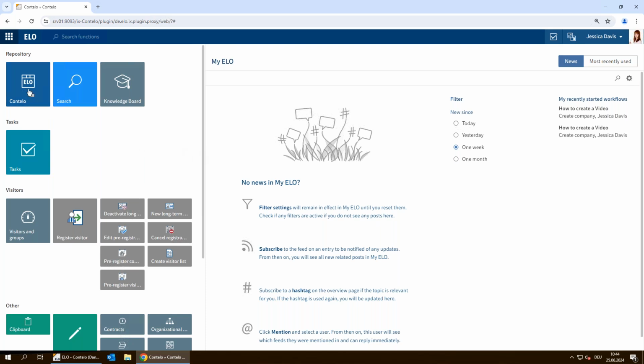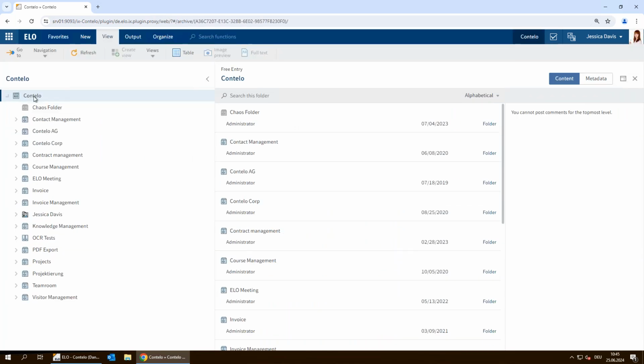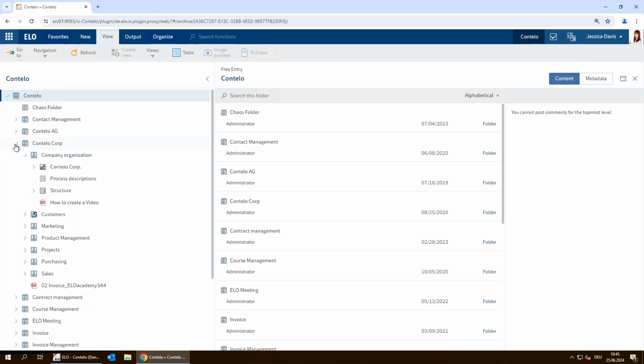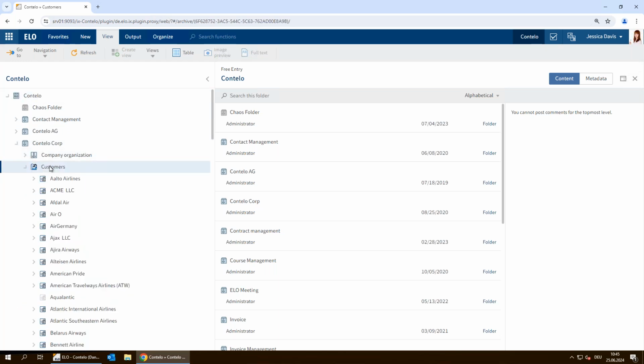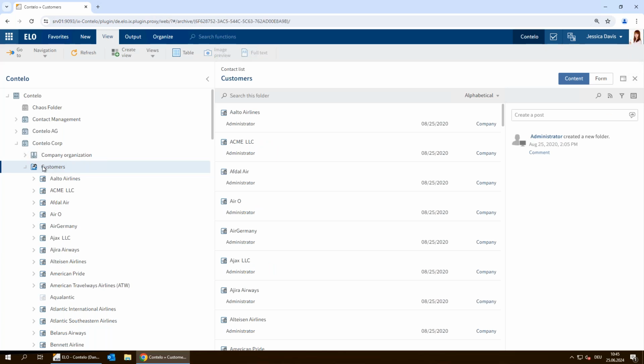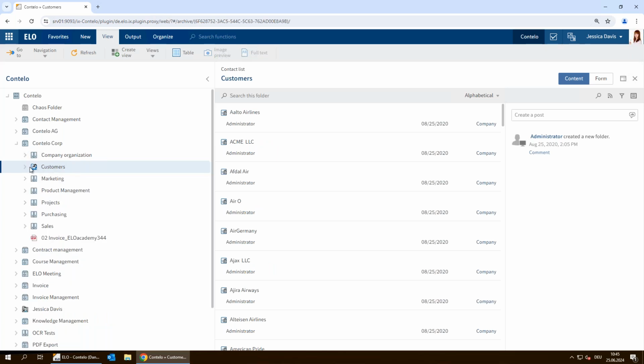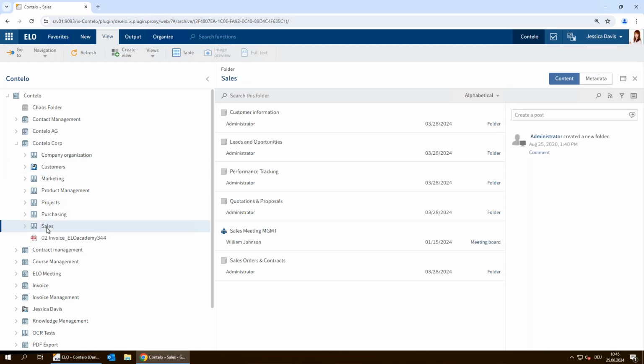So when we go to the repository with her client, she uses the web client. Then we go on Contigo Corp, and then we can see the customers folder in here. The folder structure, which she can see, is slightly different to the folder structure of Daniel Cooper in here, because there are different permissions for the folders. She can see company organization, customers, marketing, product management, project, purchasing, and the sales folder. And there she has different rights in here,